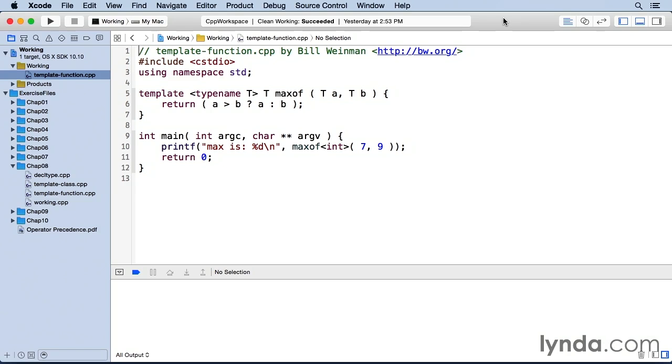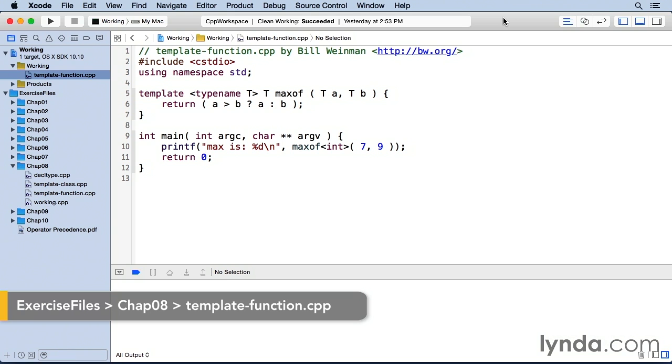C++ supports both template functions and template classes. In this movie, we'll be looking at template functions. Here I have a working copy of templatefunction.cpp from Chapter 8 of the exercise files, and you notice this function